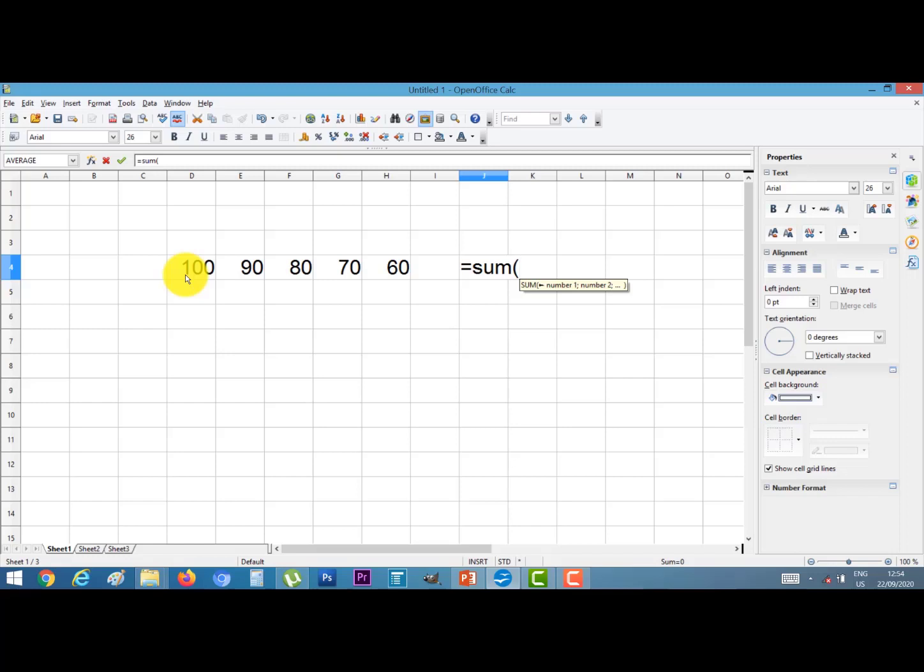Our first cell address is D4. So we type D4 plus E4 plus F4 plus G4 plus H4. Now bracket close and press the enter key. Our total is 400.